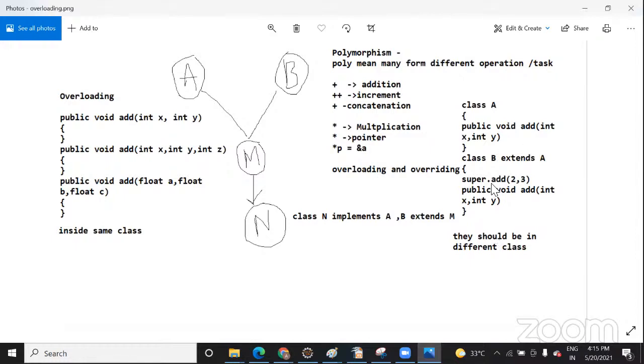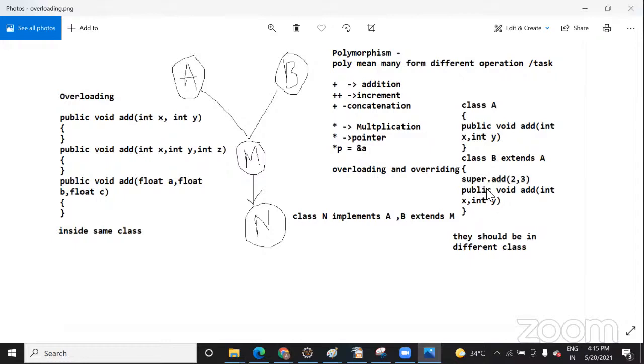The beauty is that they both are defined in a different class. So whichever object you create, that will be executed. It depends on you where you define the main class, main method, and which method you are calling. It's completely dependent on runtime whether you will execute this method or this method,